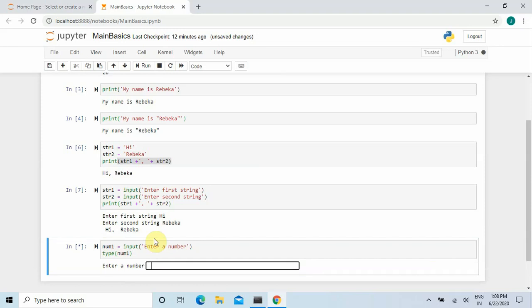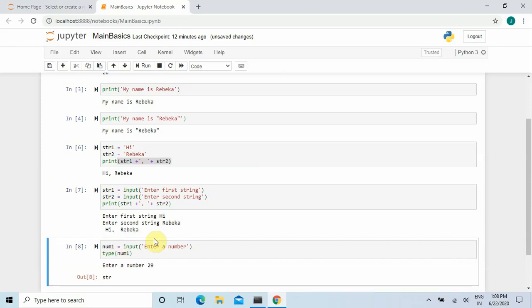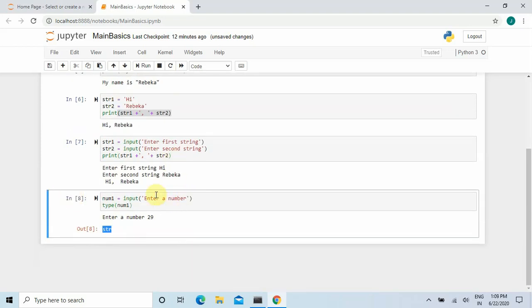So let us run this, control enter, enter a number. Suppose I am writing 29 and I am clicking enter. So you can see here that it is actually a string. So this input function is taking the value as a string.